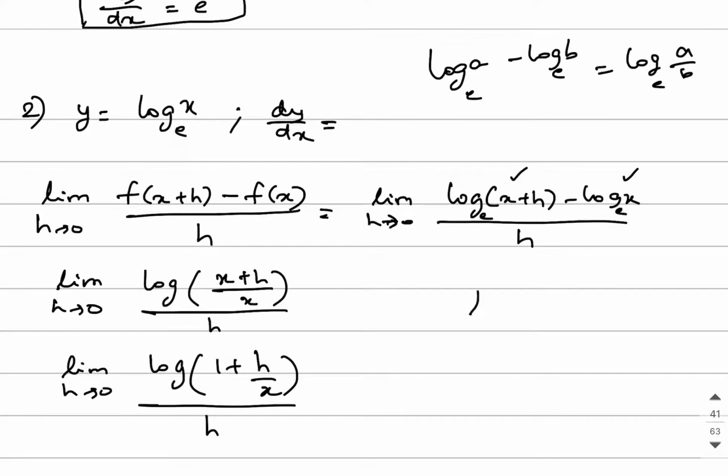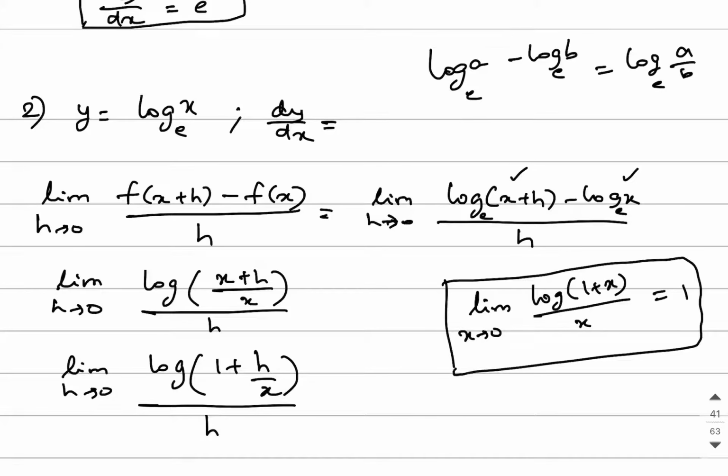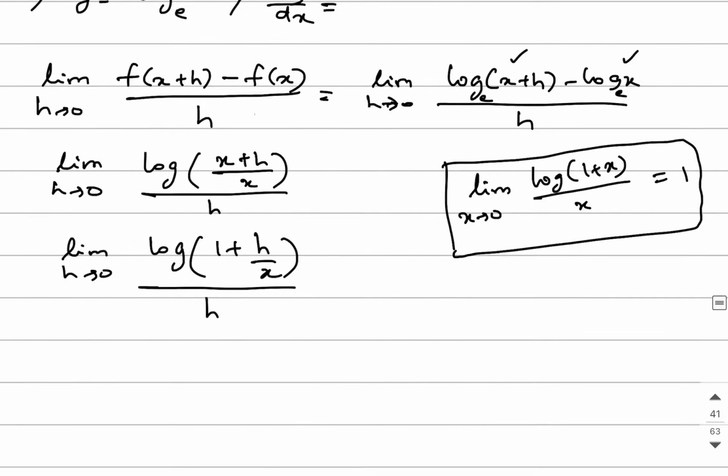Right. So recollect the concept from last year: limit x tends to 0, log of 1 plus x divided by x is equal to 1. So this was there in your supplementary. If this is the case, I have limit h tends to 0. So the meaning is limit whatever value tends to 0, whatever variable, log of 1 plus that variable divided by the same variable should be there, then only it is equal to 1.